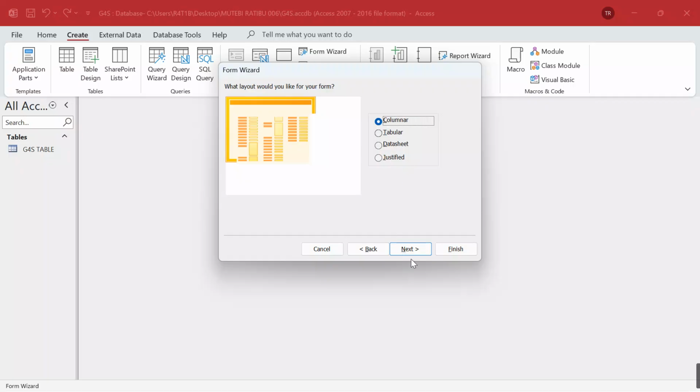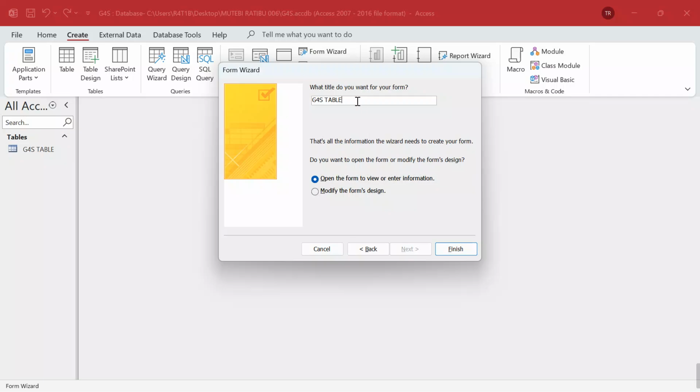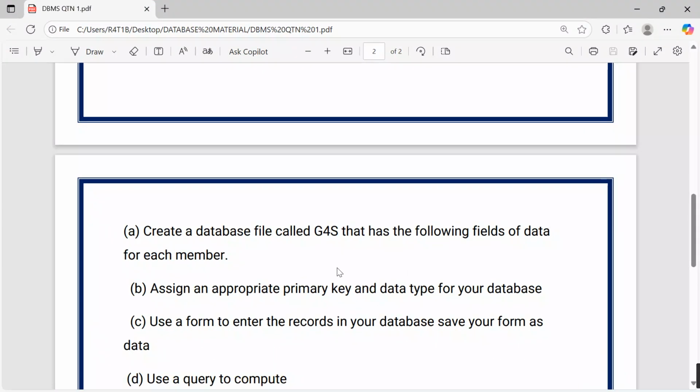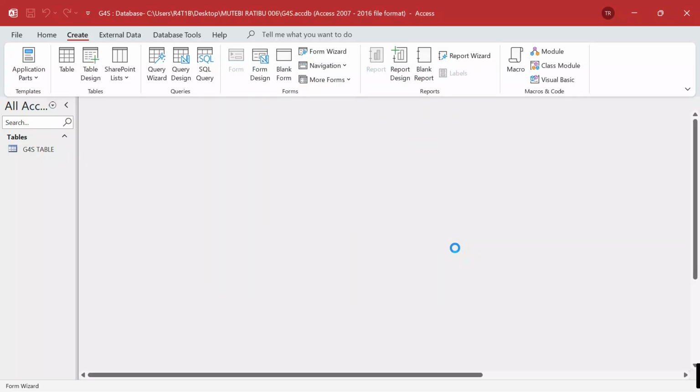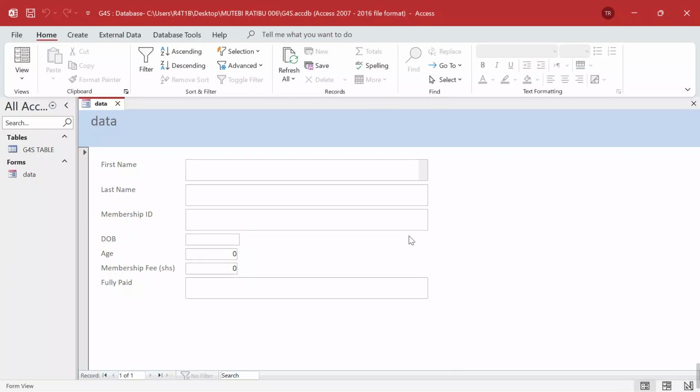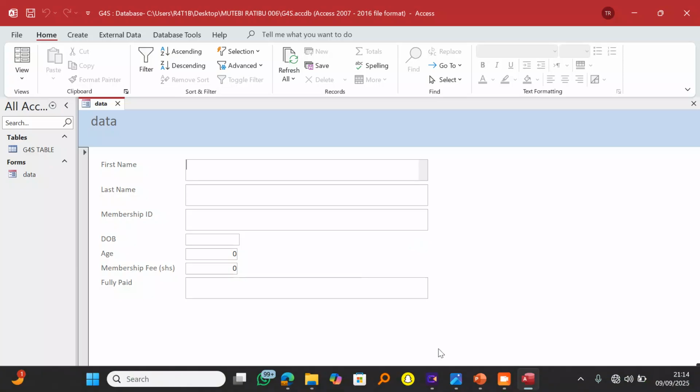So I will come over here, I click next, and then they want me to save this form as data, lowercase. I'm trying to satisfy the question: use a form, save it as data. Then away from that, I will come over here, and then I click finish. So when I click finish, I have my form well composed, and now I can start inserting information in this form, because they are telling us that